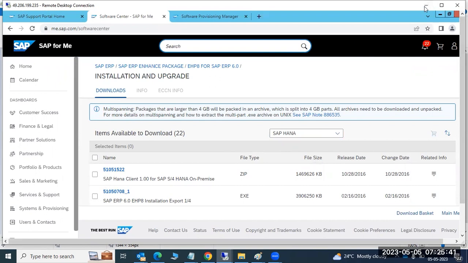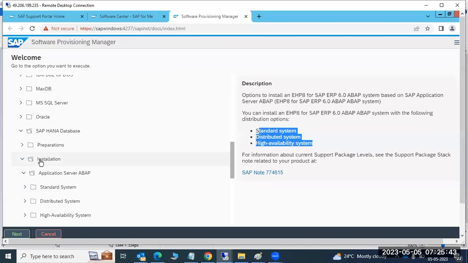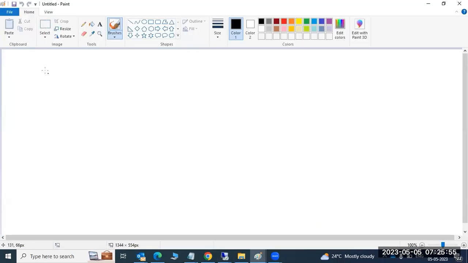Okay, so what we did is we started the SWPM, then opened the SAP. Now we are discussing the options. Which option are you going to install? We have 3 options: standard, distributed, high availability. So what is meant by standard here? Standard means